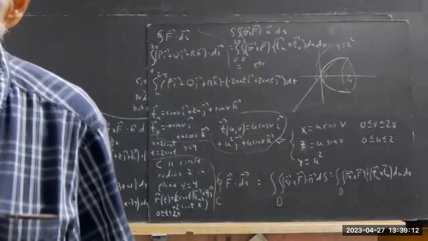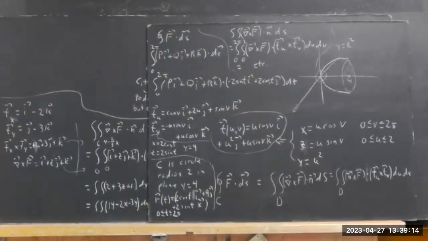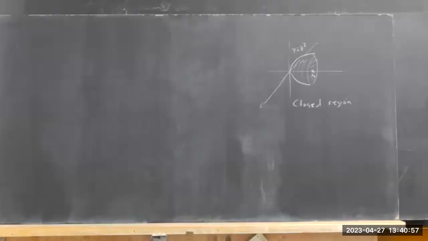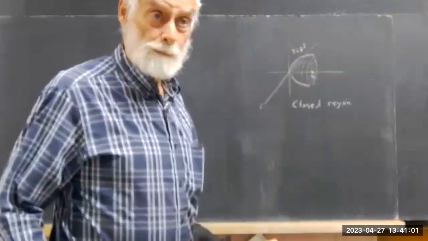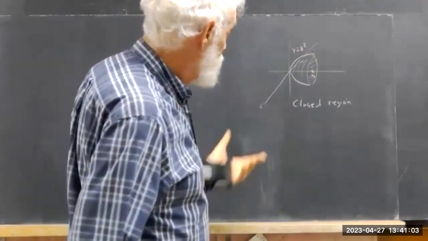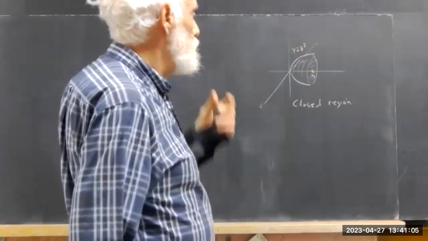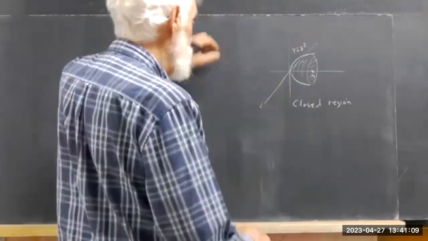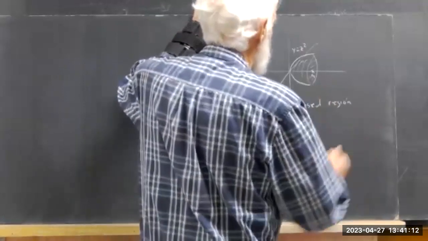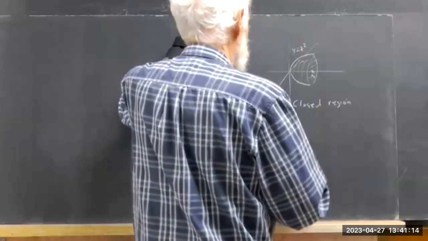Now, what about the divergence theorem? Okay, let this be the same region we just did. It's a closed region. So we have a surface. The closed region can be described by